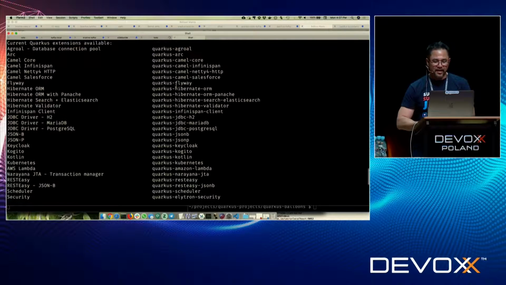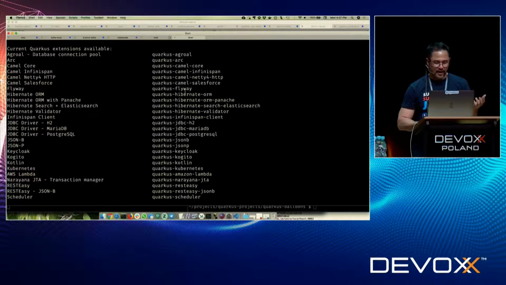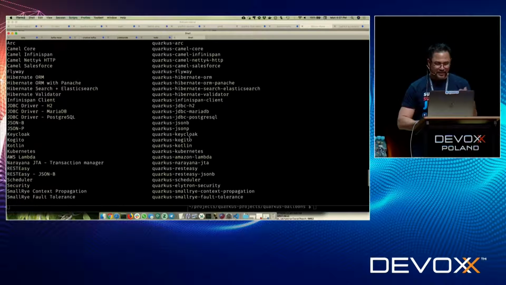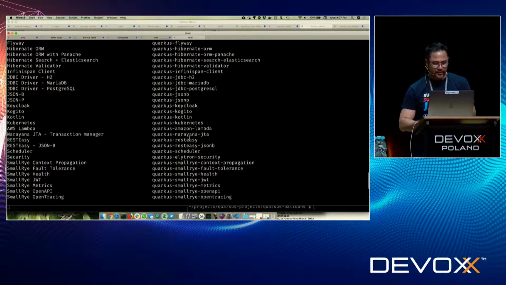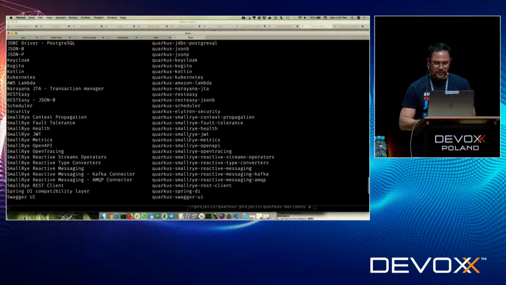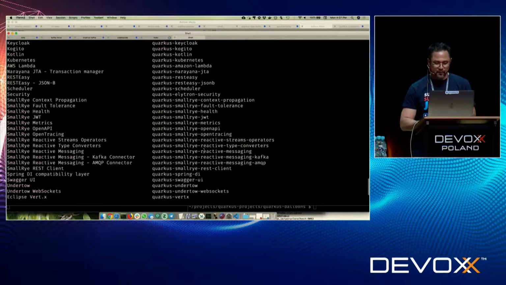So you can kind of see there's a lot of capability here, like Hibernate and Flyway and Camel and JDBC. Of course, we have Postgres, we have MySQL there. We have things like the reactive messaging piece, which is what I'll show you in a bit. We're going to talk to you about Kafka as well. But things that were just added are things like Cognito, you saw earlier. AMQP was just added as well. And this is, again, a project just born in March, evolving very rapidly.